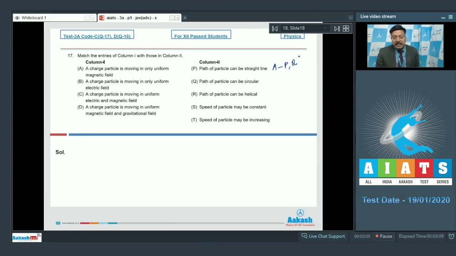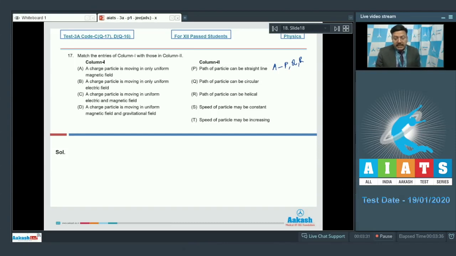It says path of particle can be helical, and this is also true. The condition is that the angle between velocity and the magnetic field is not 0 degrees, not 180 degrees, and not 90 degrees. If it's none of these three values, in that particular case the path of the particle is helical. So R matches,